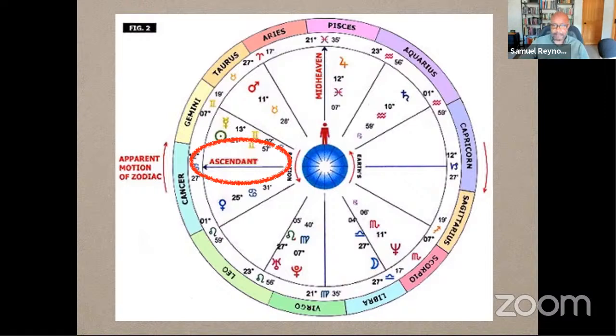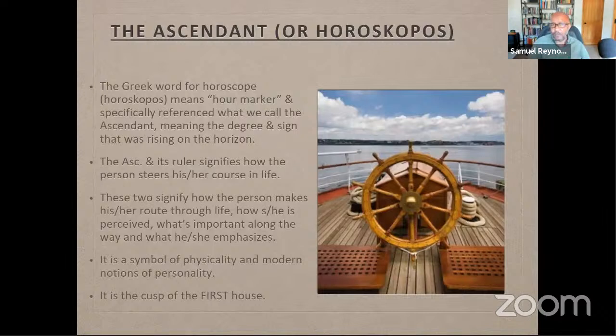This is not that. This is actually what we call a quadrant-based system. So we have different cusps. We have even an interception. Scorpio and Taurus are intercepted in this chart as an example. I'll go a little more into that, but just to give you the idea, we're starting with the ascendant, this marker here, and it's at 12 degrees and 27 minutes of Cancer. So that's not like whole sign, that's a particular degree. And that goes into something that I want to talk a little bit about.